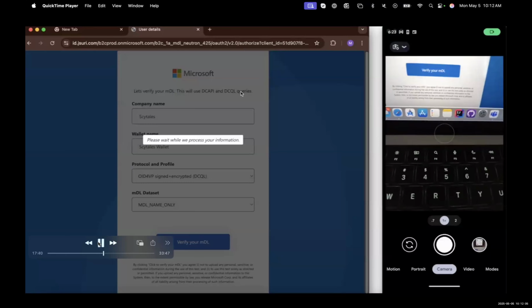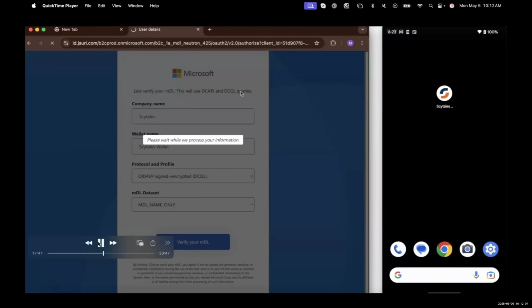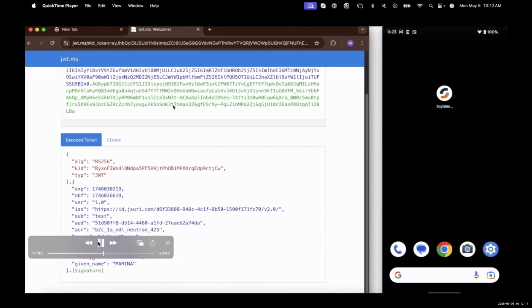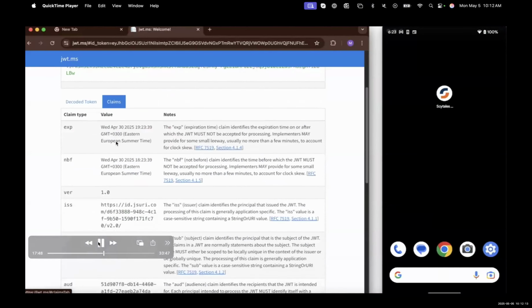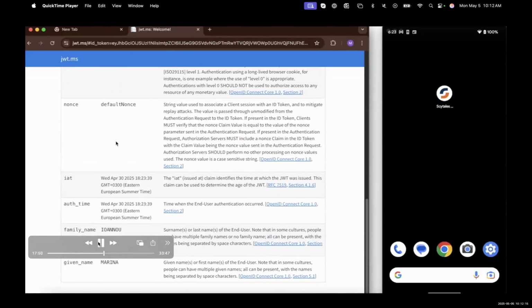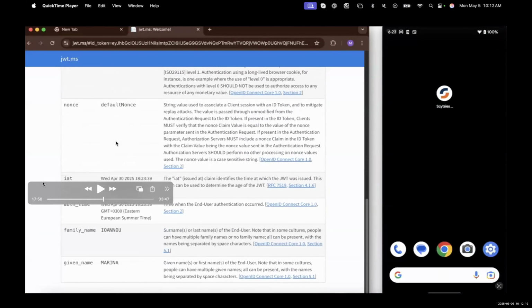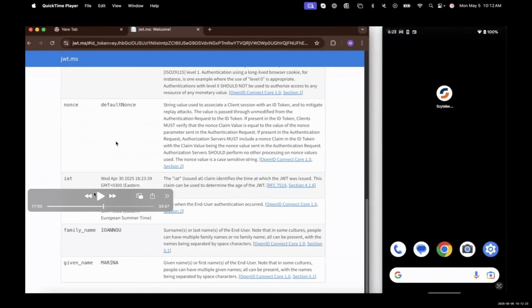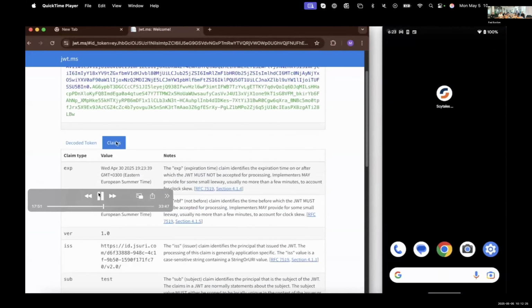We selected the matched credential. We unlocked the Scytales wallet, and here we can see the results, the family name and given name of the MDL mdoc document. Very quick run.